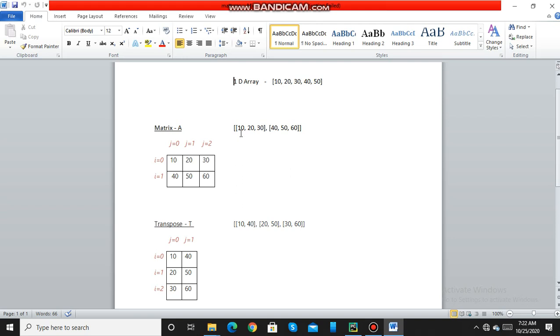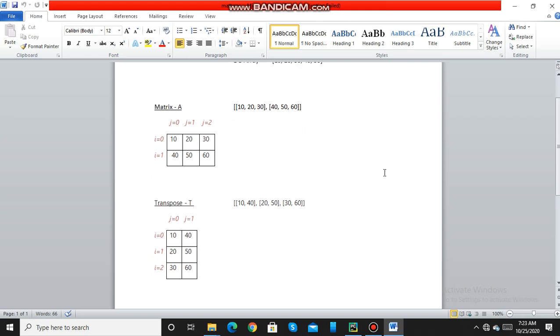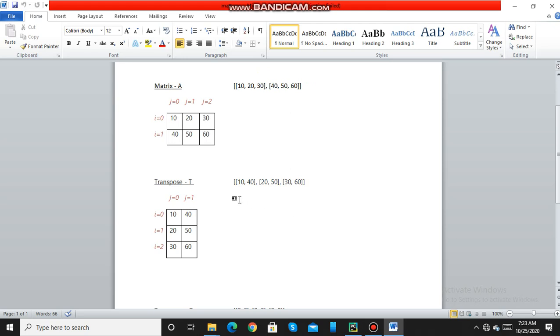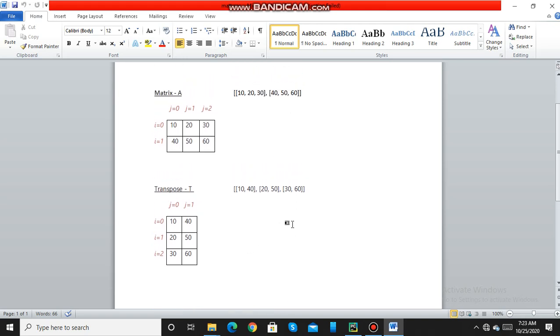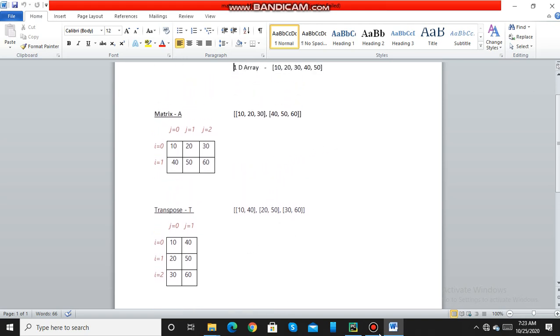So this list 10, 20 and 30 is like the zeroth row, and the next list 40, 50 and 60 is like row 1. Now here in this transpose matrix we are having three lists, three inner lists within an outer list. So now let us go to the program.